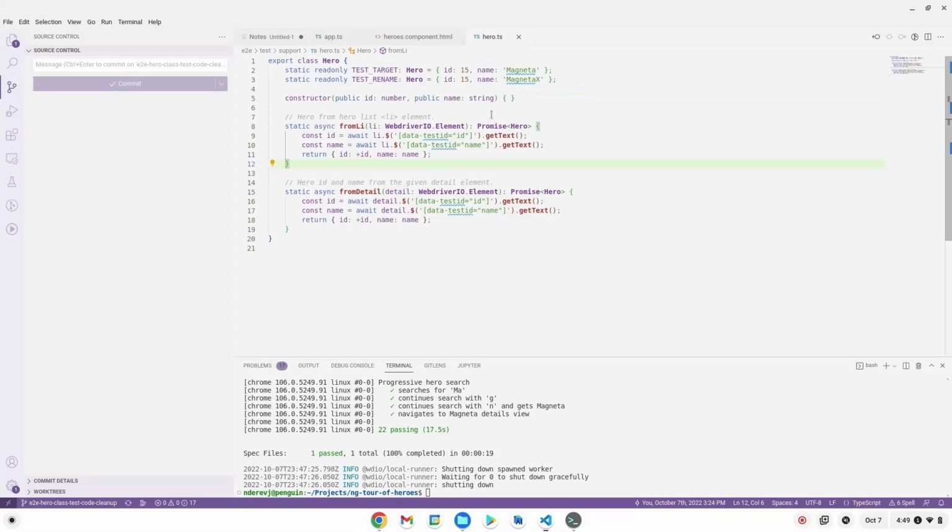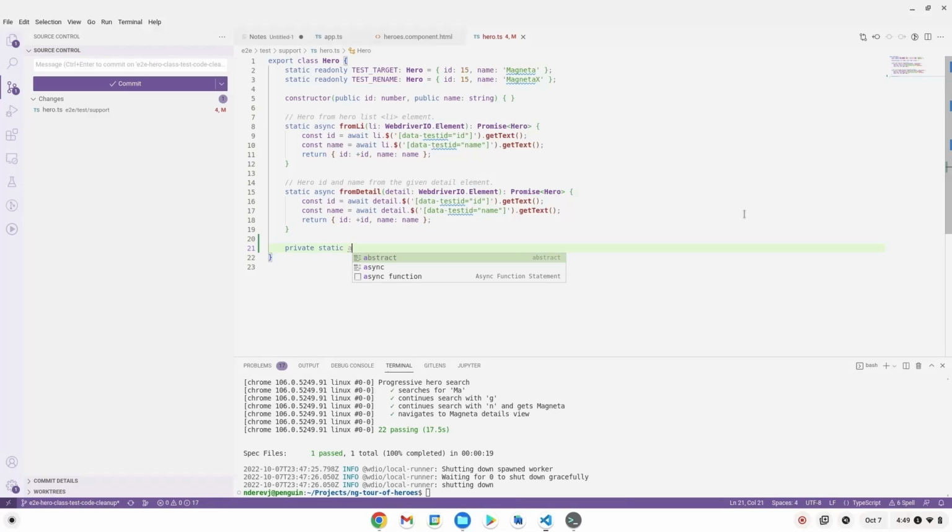Okay, so as I'd said, probably the last thing we'll do in this video is a real quick optimization. Let's remove this duplicate code. So probably want to create something private. Don't want to call this code directly. Static async. And we'll call this